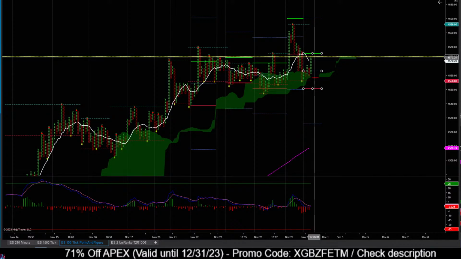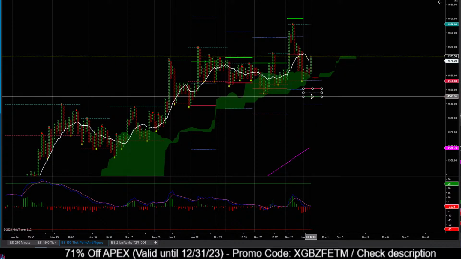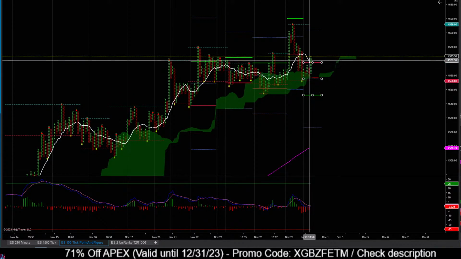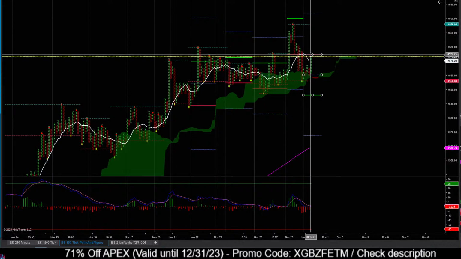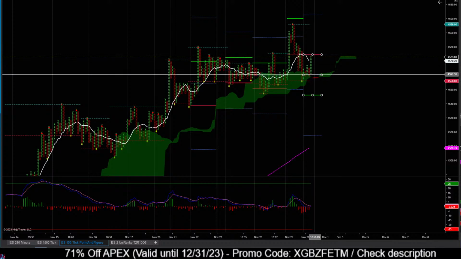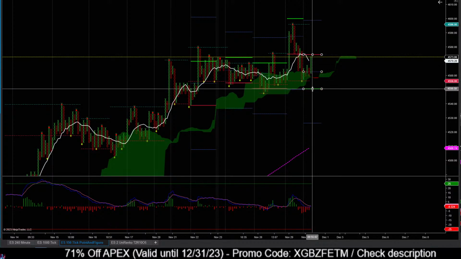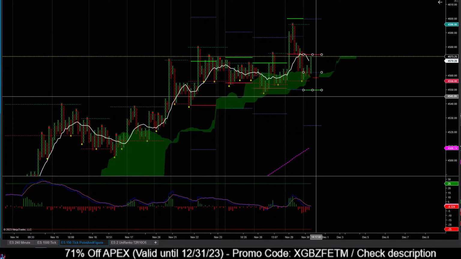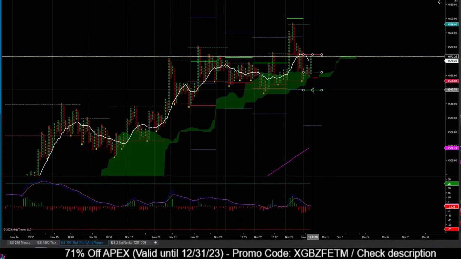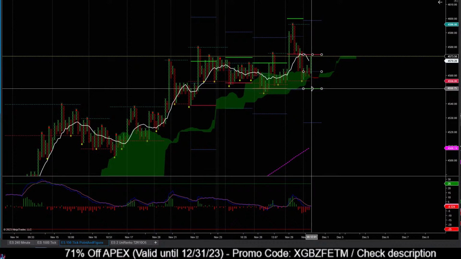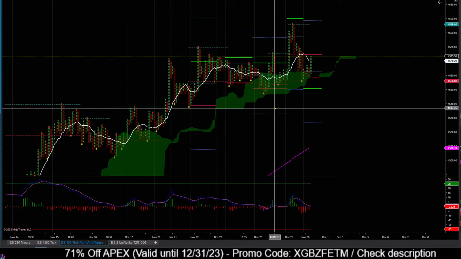I need to modify this, but I'm gonna do it now. So let's look for 45.70. I'm gonna say 45.75 right there. And then the green is going to be down below here. I'm gonna leave it there. 45, what is it? 45.50. So that one there is